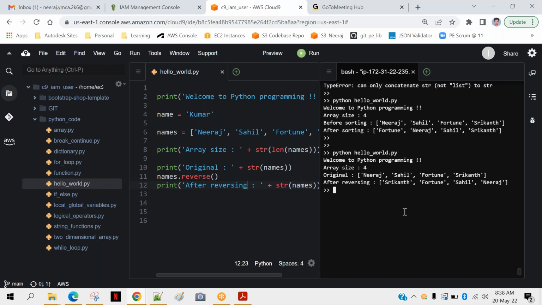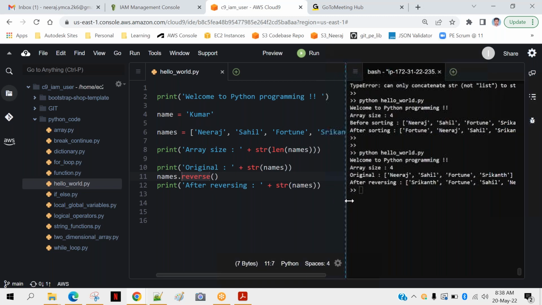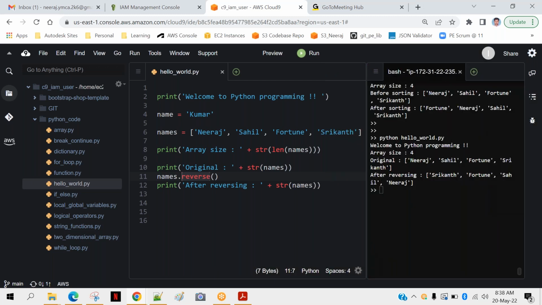You may find out the ranking of something and then suddenly you want to reverse it, right? You want to sort some marks, some performance, some other statistics, right? So you should be aware that you can play around with an array in different ways, and these are only 2 examples I have given. We can find the length of the array, we can sort the array, we can even reverse the array, but there are many more functions available for arrays which can be explored and used as and when required. Okay, so this is about the single one-dimensional array. If you have any doubt, you can ask me. Otherwise, I will talk about 2-dimensional arrays.